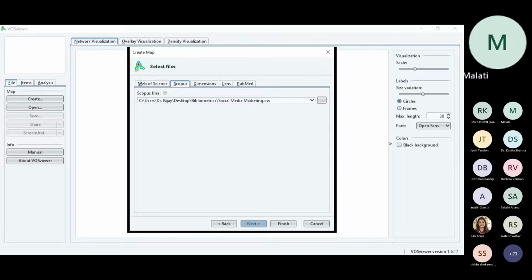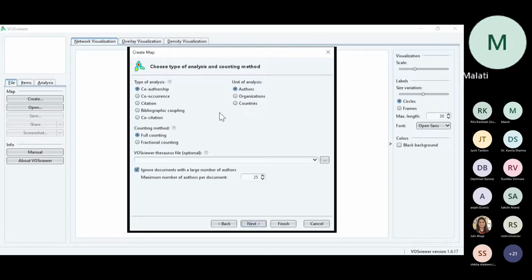Right. So after clicking on next, we are going to see this screen. Here, let us understand how it works. See, co-authorship analysis: any analysis that is related to author, the base is the author. Then you can select co-authorship.